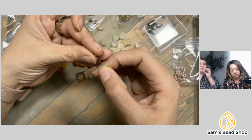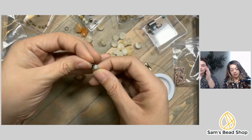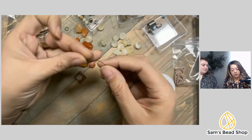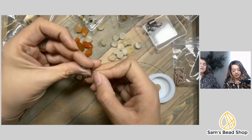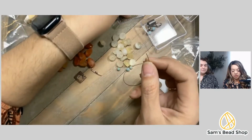Make sure those beads that are at the end of the bracelet are small enough. Yeah. And for a little bit of space. Yeah. I think I'm going to do two Amazonite on the side that is going to need to go through here because I just don't want to have any obstruction there. So the side that has the toggle bar. Yes. So we'll be crimping onto the toggle bar. Okay. And then I am just going to do,